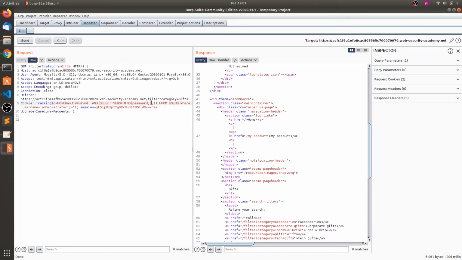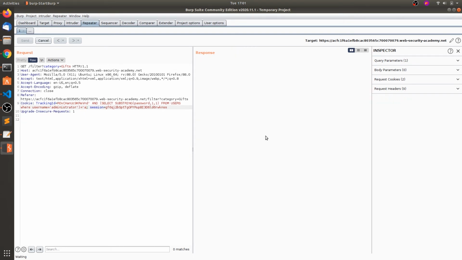I think this should work. Select substring of password, selecting the first letter from the password field from users where username is administrator. So let's change it to 1 to A and click on send.